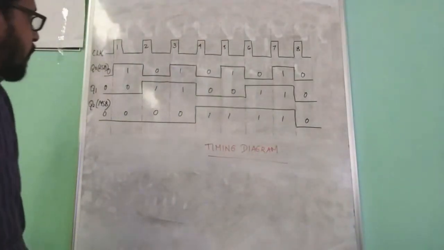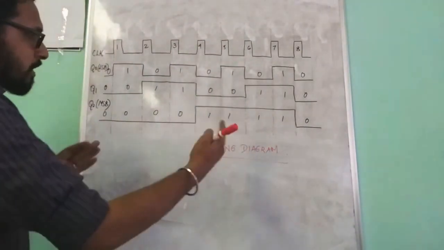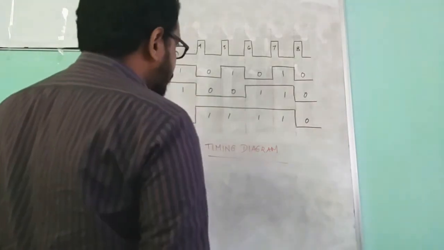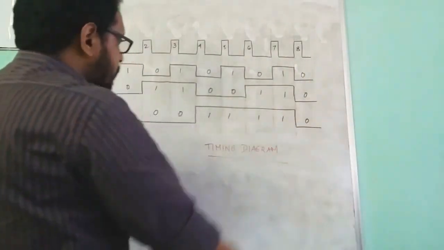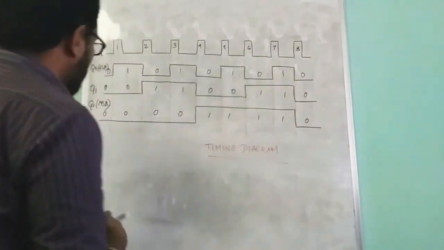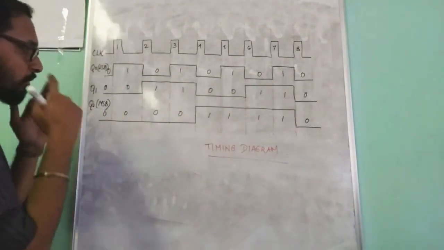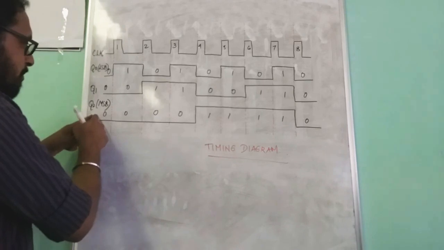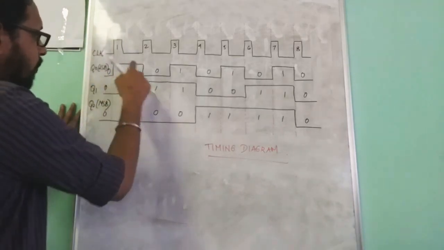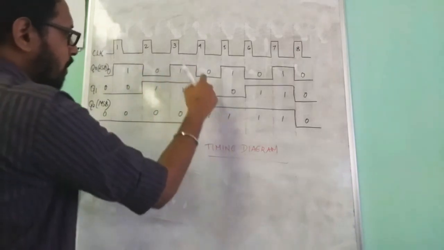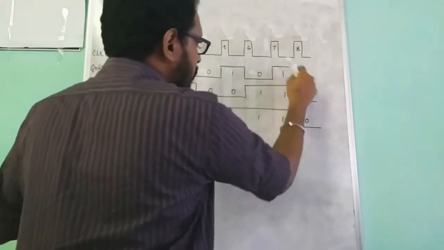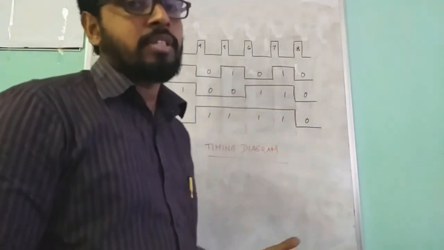So what we need to do is go for the values, the LSBs. It's 000 to 111. The LSB values, that is the Q0 values, should be 0 1 0 1 0 1 0 1. Or we should think the other way, it's easy to think the other way. This is the MSB, this is the middle term, this is the LSB. So 000, 001, 010, 011, 100, 101, 110, 111, then 000 again. That is, it recycles. It's easy.